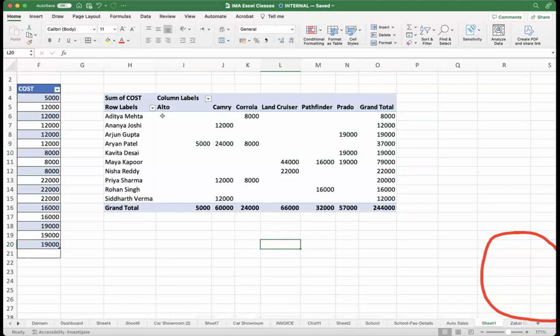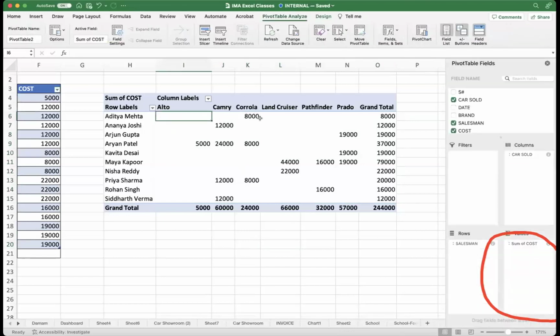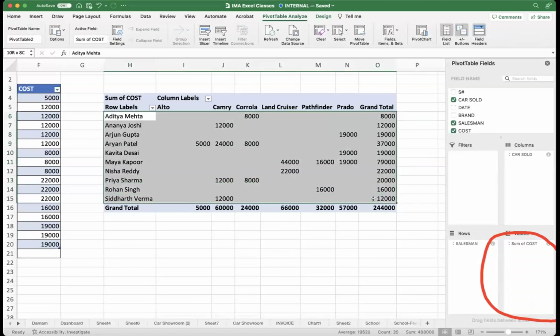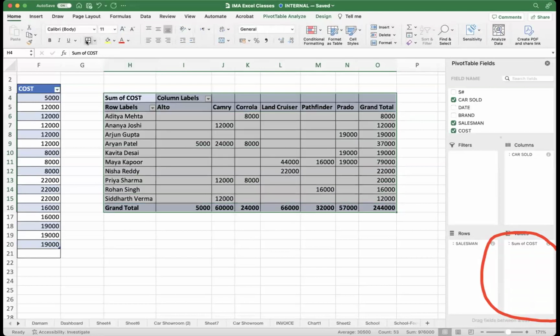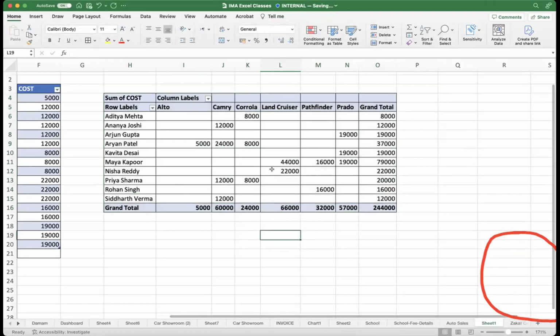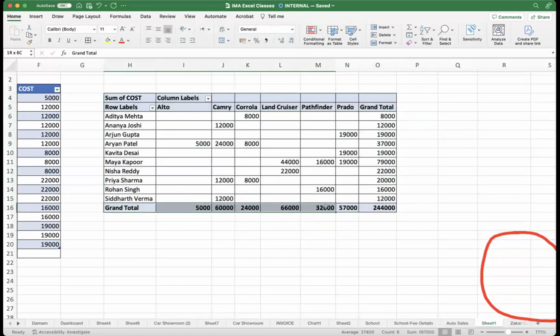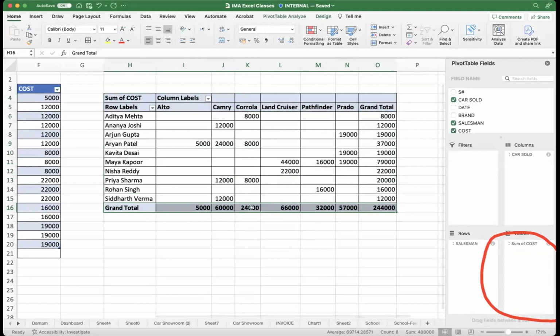ऑटोमेटिकली पहचान के वो ले लिया कि कोरोला कितने सेल किए, आल्टो कितना सेल हुआ है, लैंड क्रूजर कितना सेल हुआ है, ये कॉस्ट वाइज आपको दे दिया। ये डेटा को आप फर्दर ड्रिल डाउन करके एनालाइज कर सकते हैं। मैं बॉर्डर दे देता हूँ, इजी। जब ये डेटा को देखेंगे, लास्ट कॉलम देखिए, ये देख के ही आपको समझ में आ जाएगा कि किसने कितना अच्छा काम किया है।